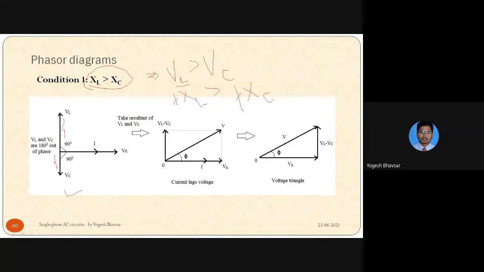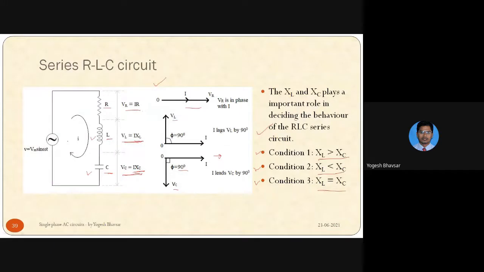Right? This is what we can observe where VL is greater than VC. And we can have VL and VC exactly out of each other. This is called out of phase, so exactly 180-degree phase difference. The inductive circuit and capacitive circuit are exactly opposite. That we can also see here.